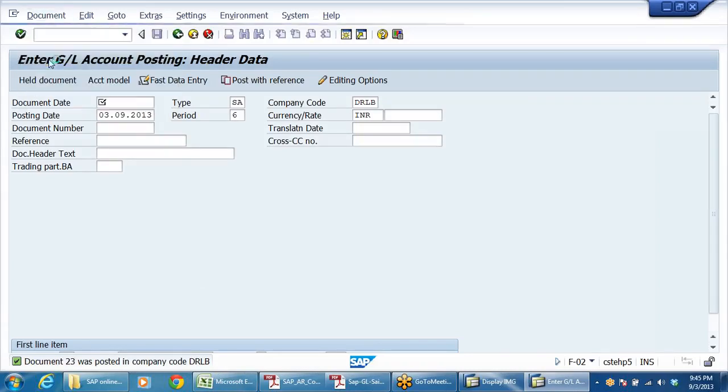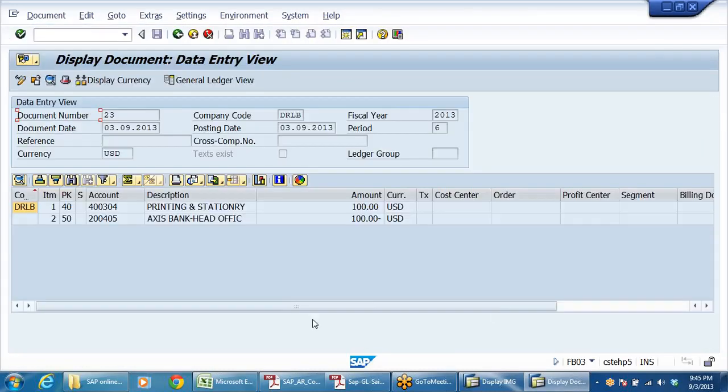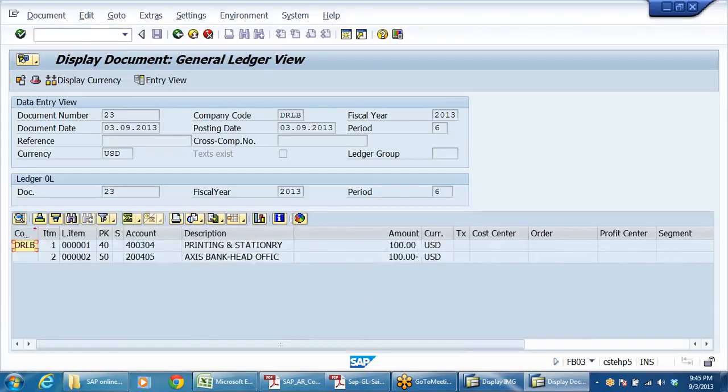Let me check display. Document display. It will take us to T code FB03. Immediately you can look into that. Right, see 100 US dollar. But as per the company code currency, it should be in INR. I want to see in INR also. Click on display document currency here. Right, click on this, so it will show you 6,600. Again you can click here, right? It will be in general ledger. Of course there will not be change in here.